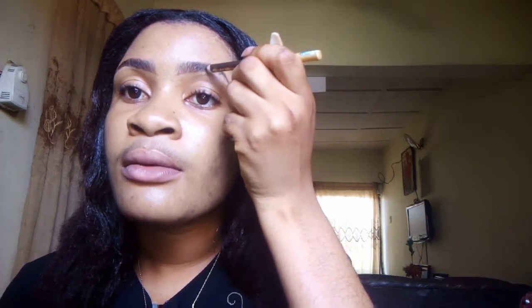So if you want to fill in the brows, you just draw sparse hairs. It gives it more of a natural, bushy kind of look. Good. As you can see, it's actually turning out well. Yes. So the next step is going to be to use